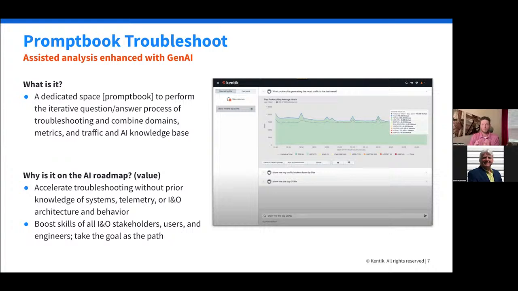And in so doing, working with the prompt books, working with the troubleshooting in that way, you start to disseminate that knowledge more broadly in the organization, up and down. Anybody that cares about the network's performance, everybody that cares about the infrastructure and operation can now start to do the same things that the experts can do when it comes to these strings of prompts and troubleshooting operations that now can be applied to everyone.